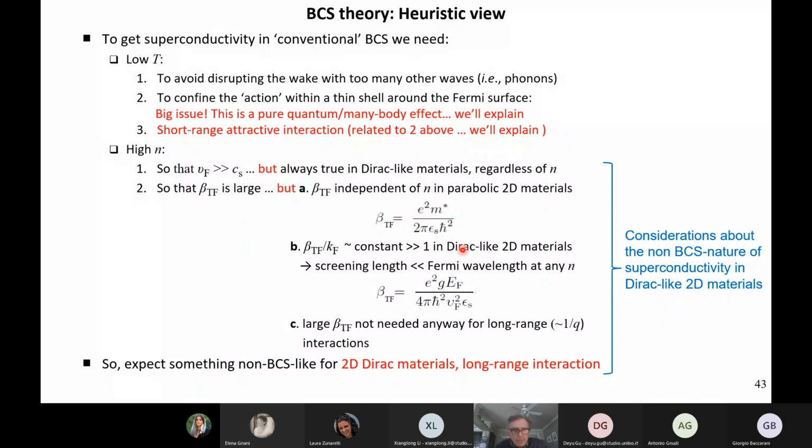So these are considerations that, as I said, make things different in 2D, because in direct materials, it's always true that the Fermi velocity is bigger than the sound velocity. So you expect this process to occur more easily. The screening length does not depend on density in the electrostatic quantum limit in 2D. So this will also change something. And in two-dimensional materials, in particular direct materials, they may become a longer-range interaction rather than short-range. These are all considerations that make